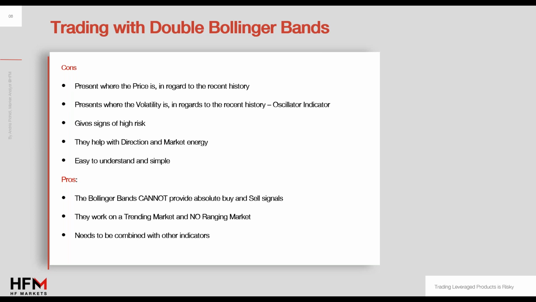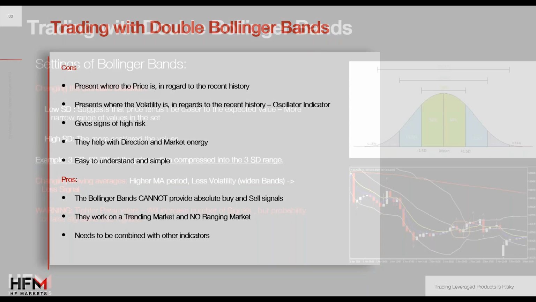Why? So the reason for that is because we're using double Bollingers, so two Bollingers but with different settings in a single chart. This is what we mean, double Bollingers. So they look like